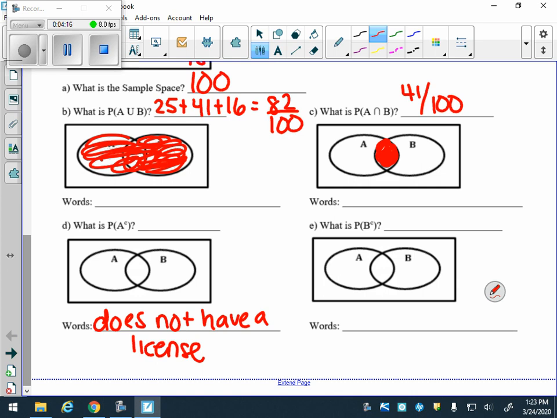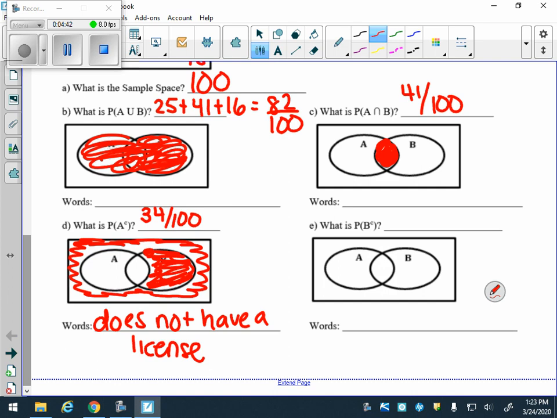Okay, so it's everything besides the whole circle of A. So it's a little bit of B and all of the outside. Okay, so that means the probability of not having a license is 34 out of 100